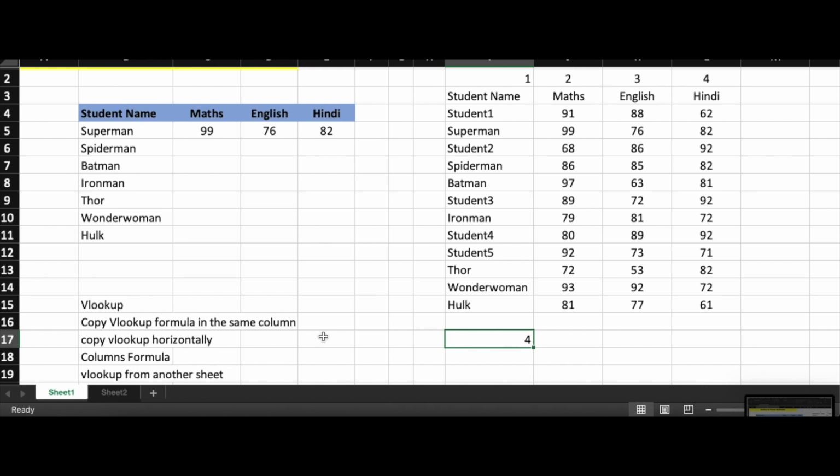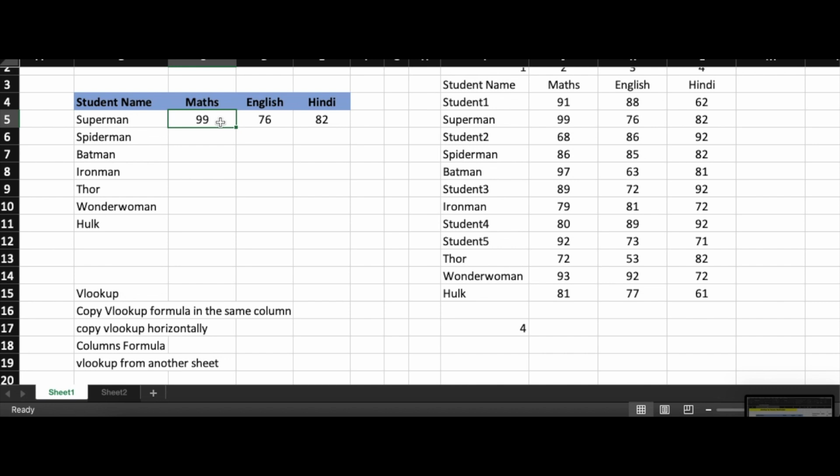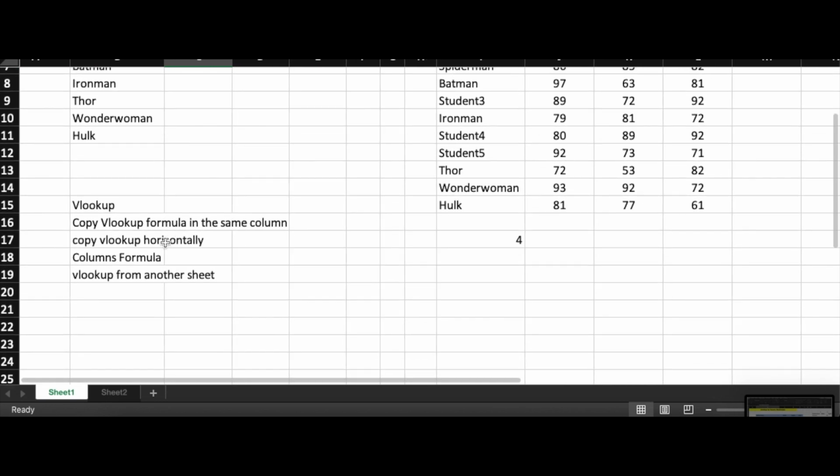That's how it works. By using the COLUMNS formula, it actually makes the columns dynamic. So when you copy from one column to another, it does not give you any error. This is how you use the COLUMNS formula to copy VLOOKUP across multiple columns. Okay, I hope that is also clear.